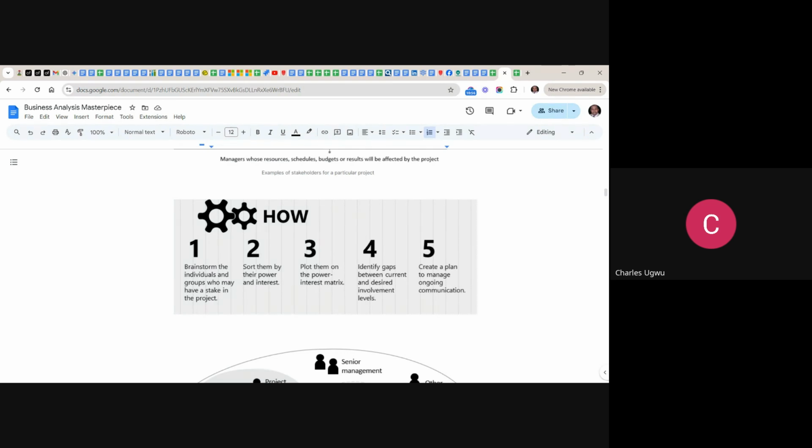So if that bank is not fully compliant in terms of data protection, then it's going to be difficult for that bank. I'm not going to mention the bank name, but these are some of the things we have to look at